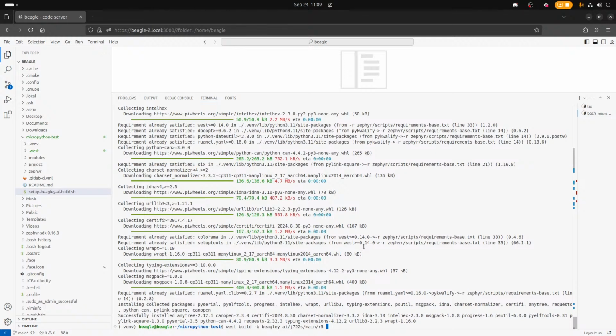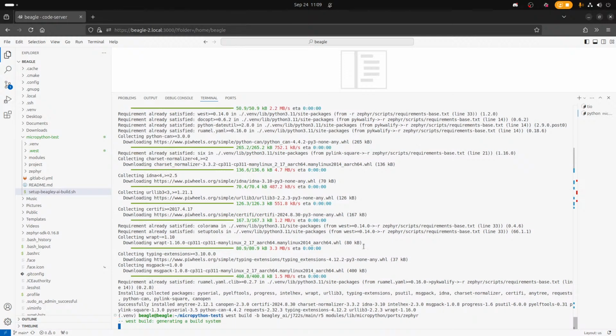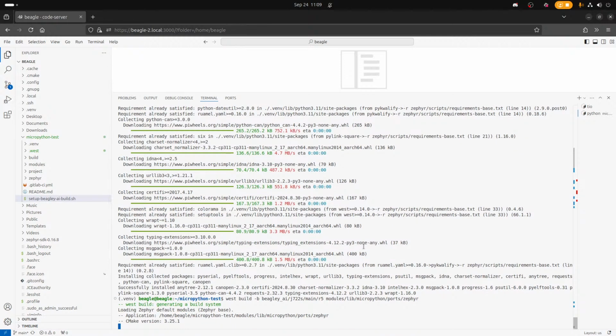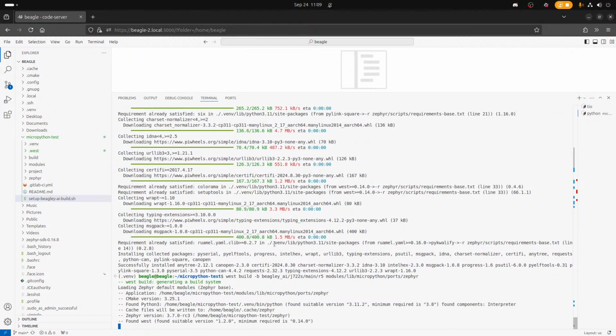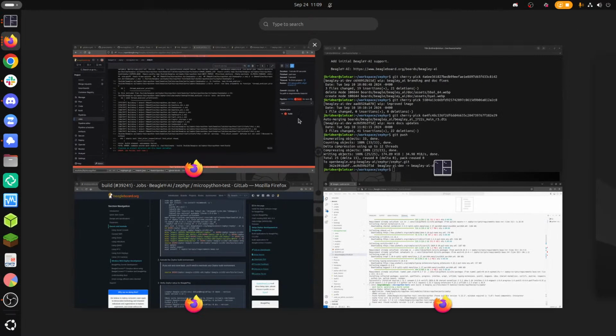And I need to, it's going to be modules, lib, MicroPython, ports, Zephyr. Okay, starting a build.